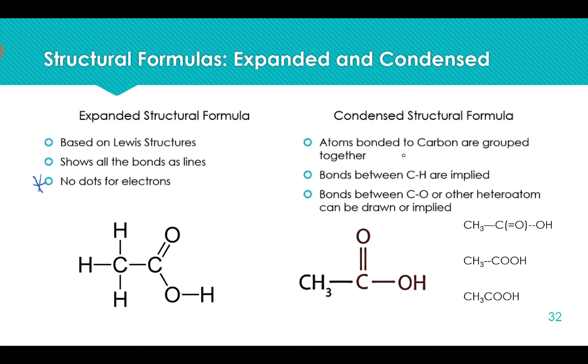Condensed structural formulas are where these bonds between carbon and hydrogen are condensed. Anything written after the carbon is implied to be bonded to the previous carbon. So you read across: carbon, everything bonded to that carbon. Carbon, everything bonded to that carbon. When you do a condensed structural formula, you are allowed to bump out in order to show the bonding